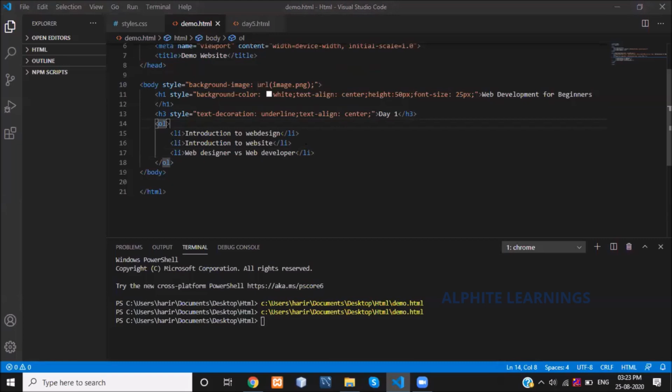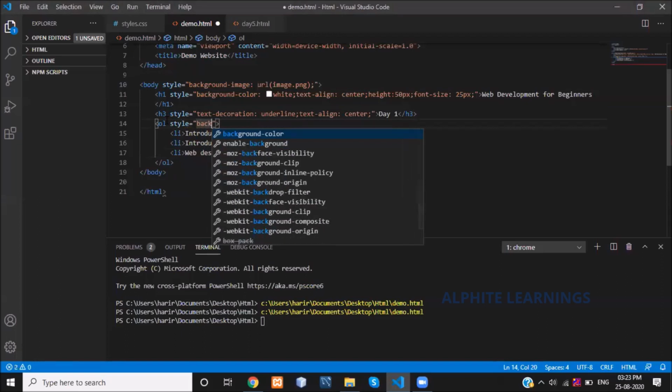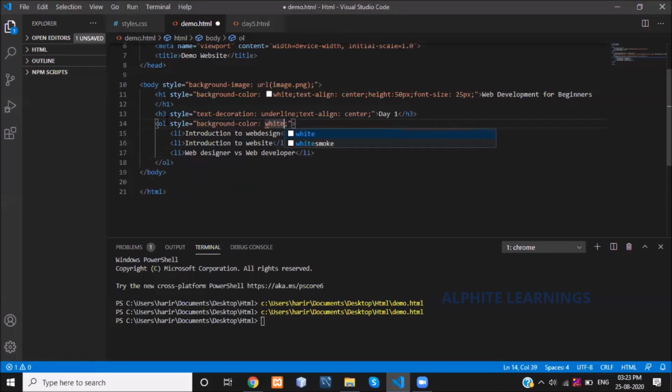Again I'm adding the style properties to my ordered list, like background color, again I'm giving white, and width, so let me give it as 270 pixels. Next I'm giving height, 200 pixels.